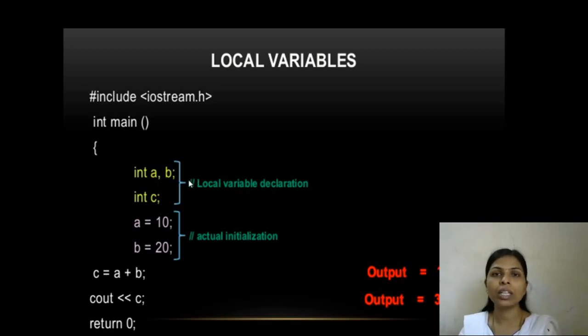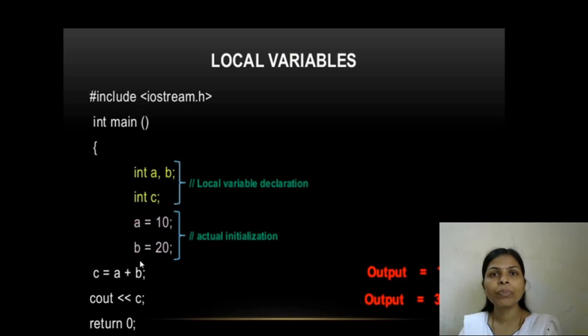We cannot insert any type of float value or the double type of value. So I have declared here the data type of this variable, that is the integer. We can declare a variable like that, and we can write any type of variable name. So here I have declared the variables A, B and C.